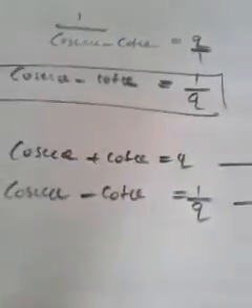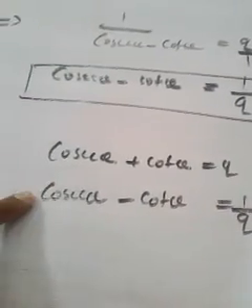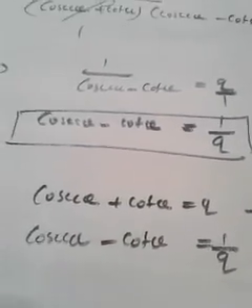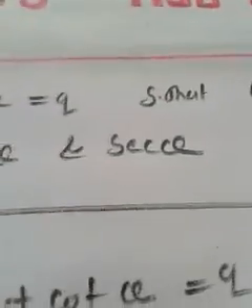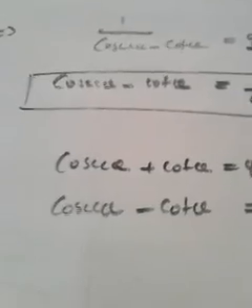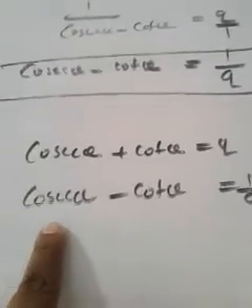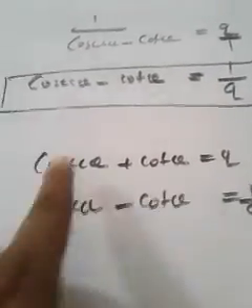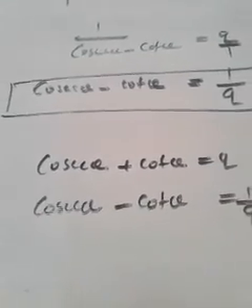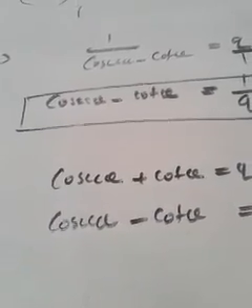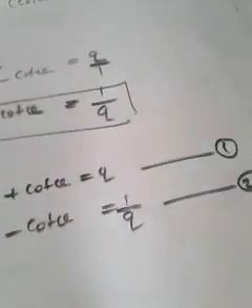If you solve these two equations, we will get the value of cosec and cot. From that cosec and cot, we will try to reach sin theta and sec theta. The question is to find sin theta and sec theta. We have only these two expressions, so I am going to solve these two equations. When you solve them, we will get cosec and cot only, because these equations are in terms of cosec and cot. From cosec and cot, we can easily reach sin and sec. Are you following me?